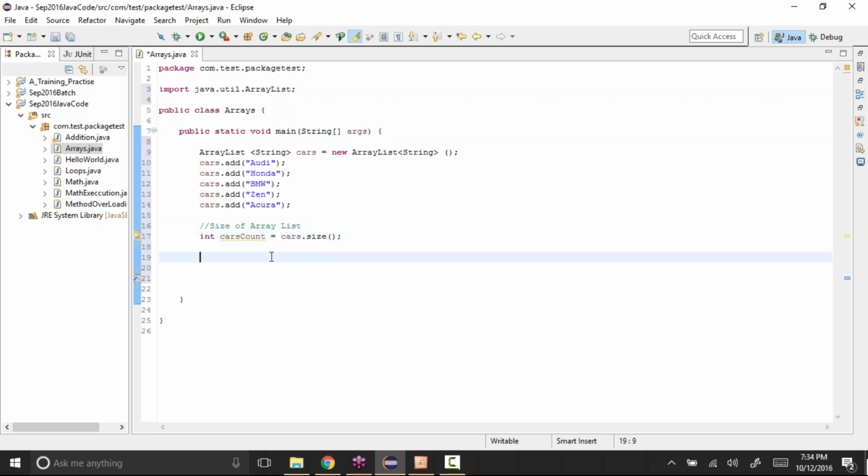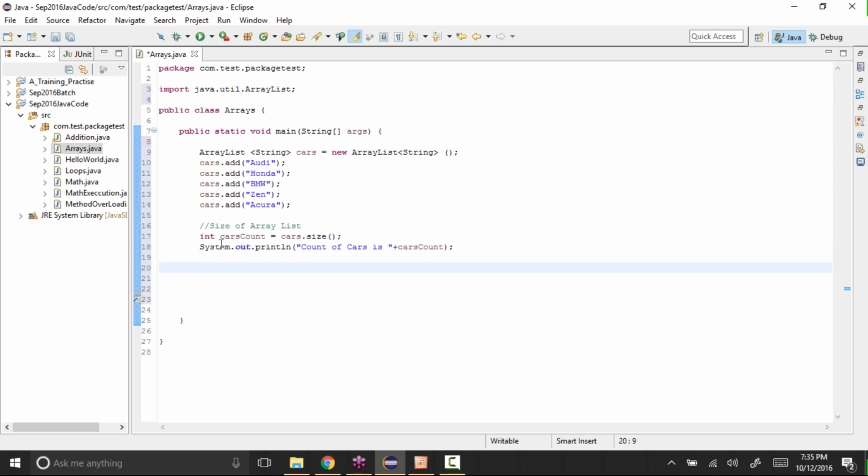Now if I want to display that value, sysout, System.out.println, and I can give "count of cars is" plus cars count, the variable that we just created. This will display how many values are there in that ArrayList.